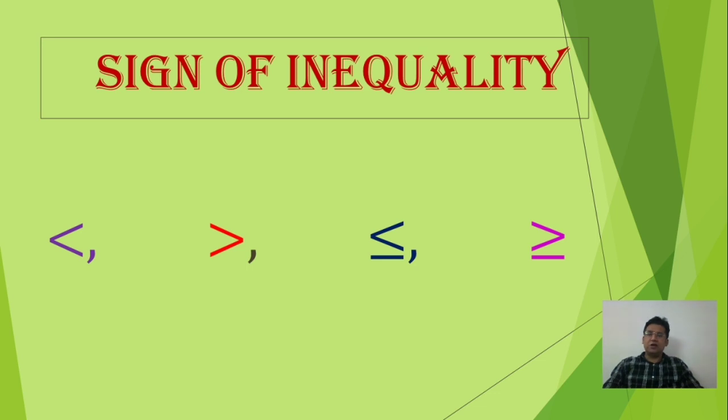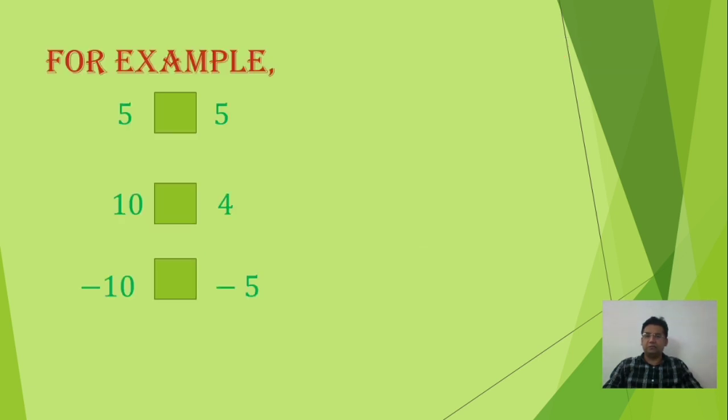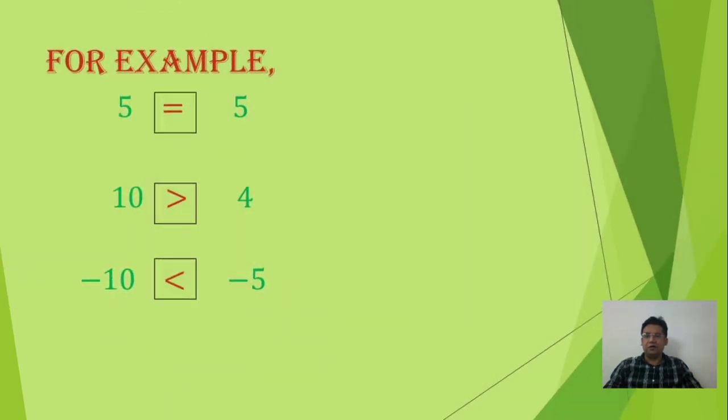Now, what are the signs of inequalities? The signs of inequalities are less than, greater than, less than or equal to, and greater than or equal to. Now let us take an example: 5 dash 5, 10 dash 4, minus 10 dash minus 5. Fill in the sign of inequalities in the following. Now you know 5 is equal to 5, 10 is greater than 4, and minus 10 is less than